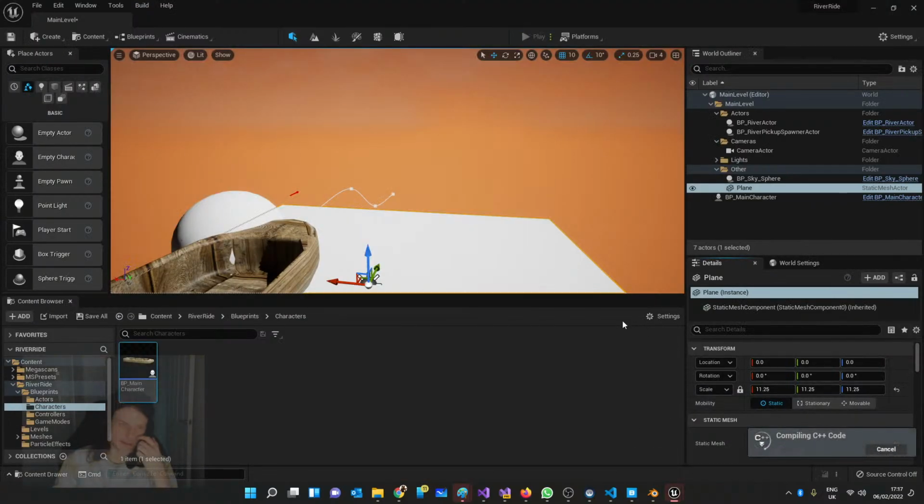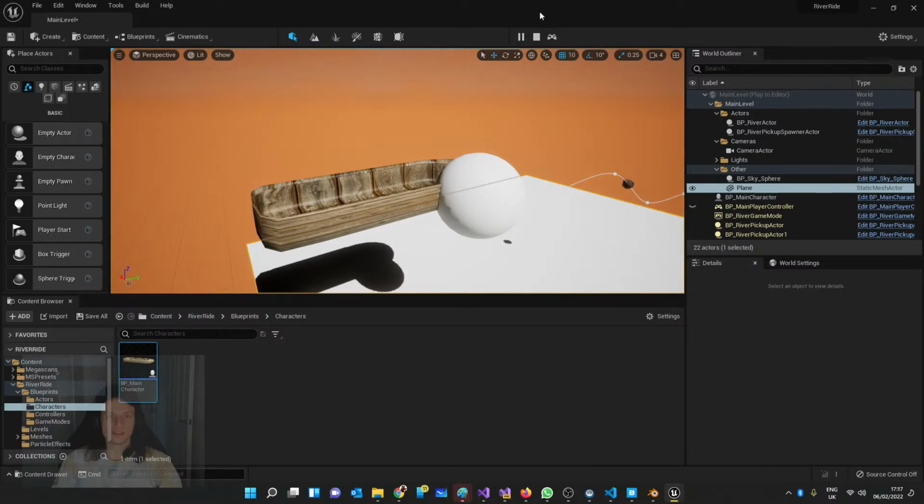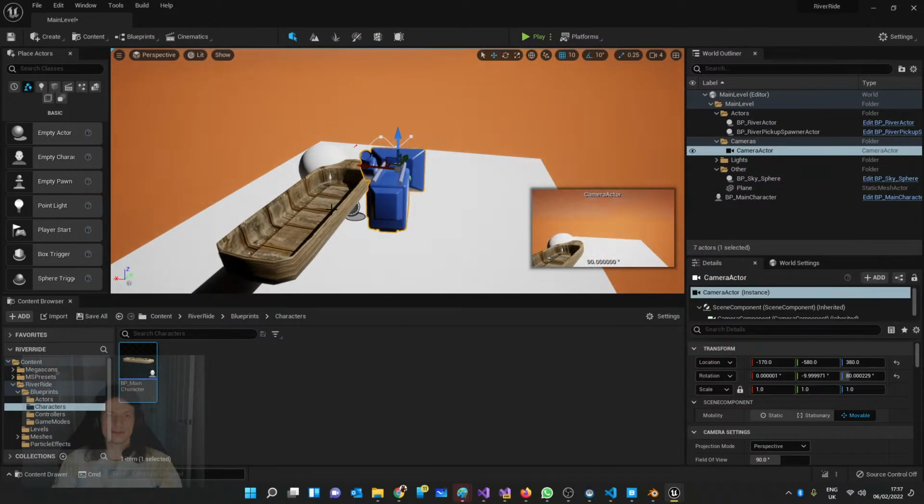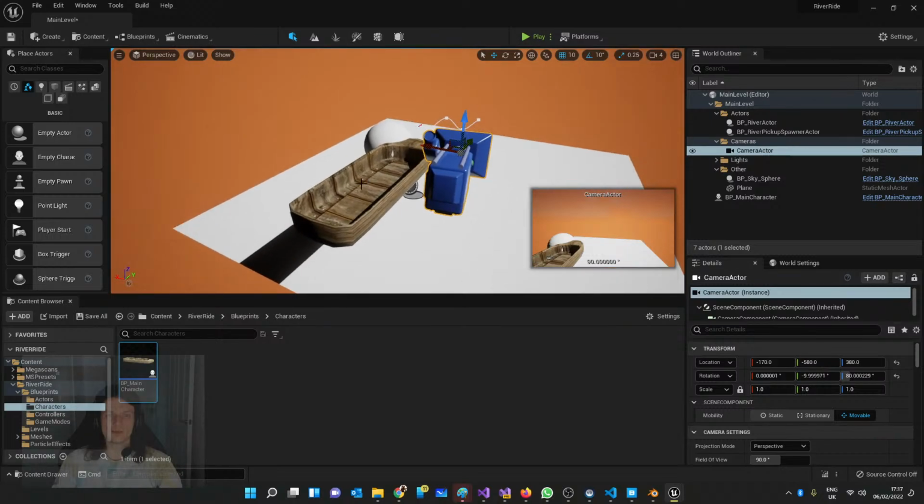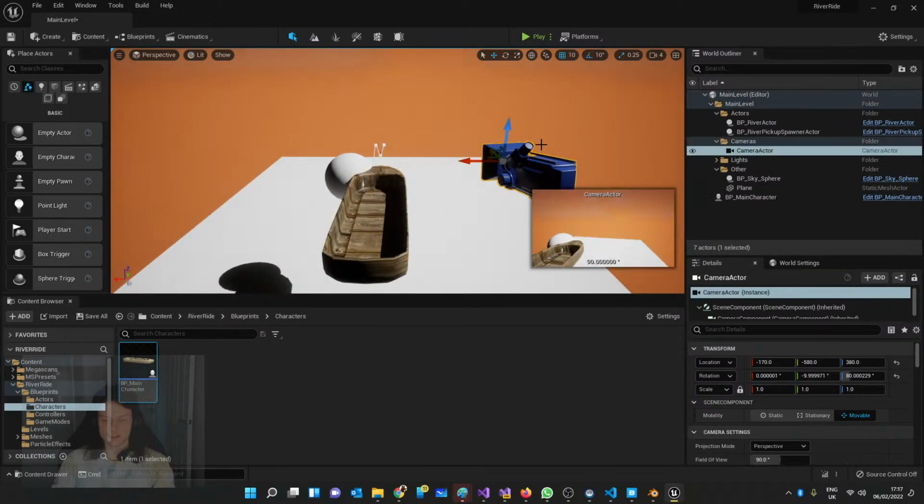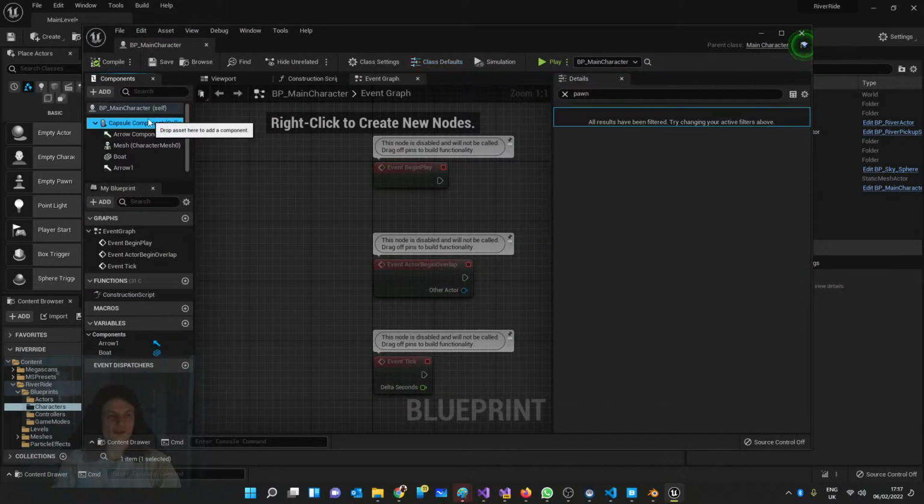So if I go to compile, press play, great, now it's working. So that's cool. In fact, let me also now show about the camera. So we want the camera probably behind the boat. So if we instead now delete this camera and we go into our main character,